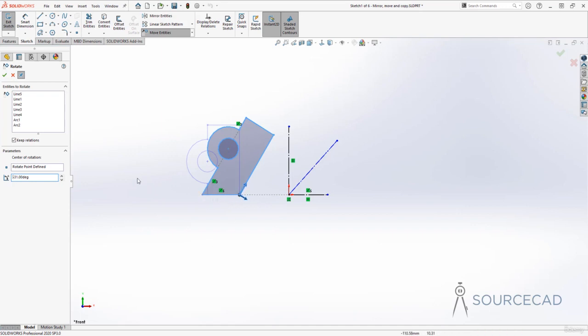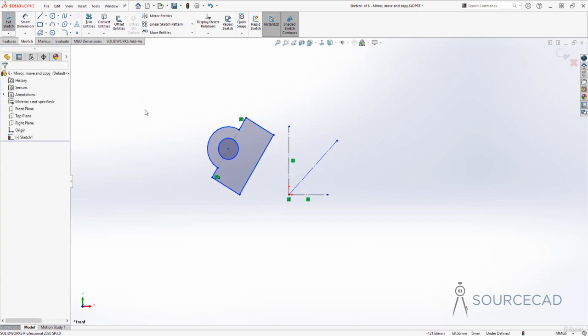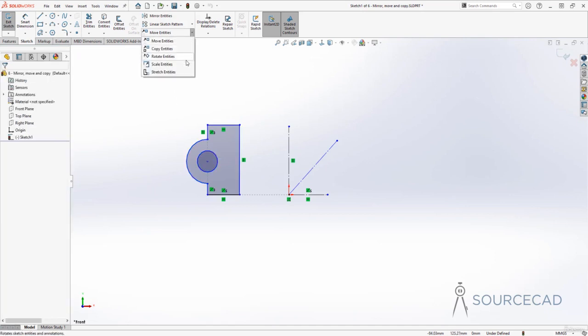So when you keep the relation, which is this option, this line is going to remain horizontal and all the other objects will rotate accordingly. However, if I uncheck this, this will rotate like this. So I'll click OK, and there we have it. Escape to exit this. Now let's press escape and let's move over to the next tool here, and that is